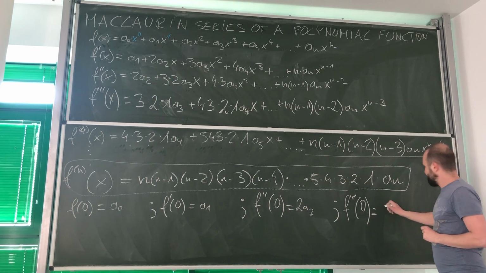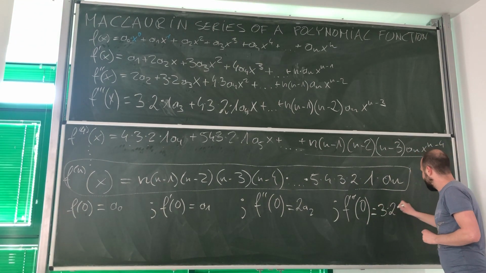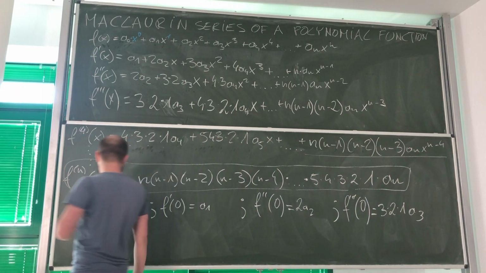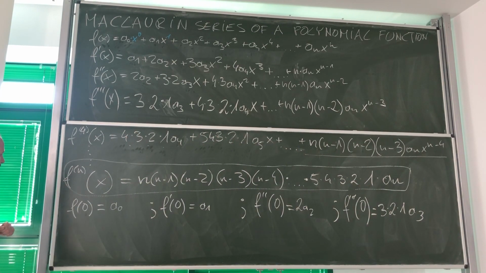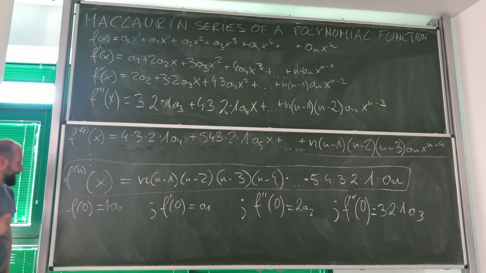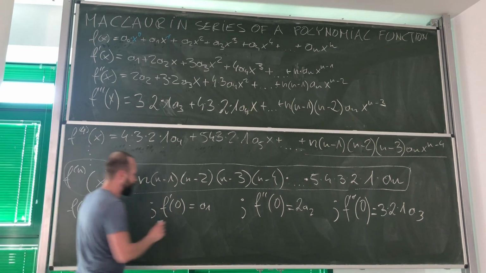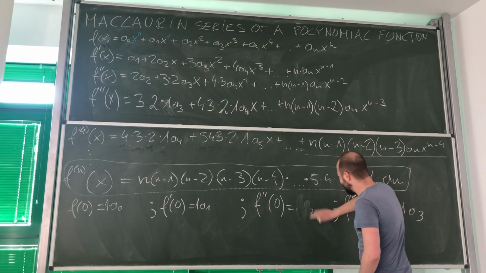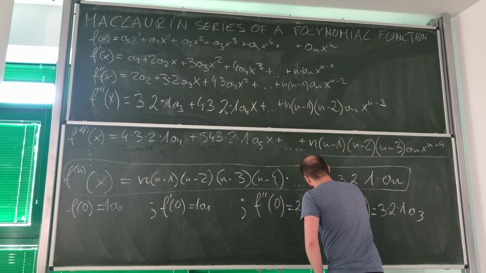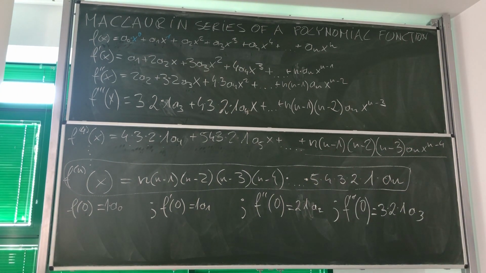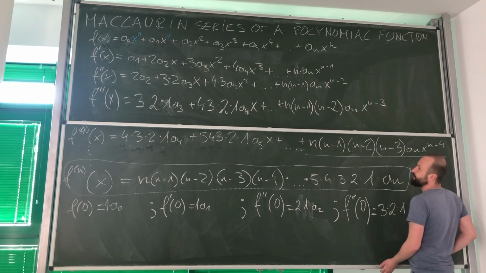Okay, and over here, 1 times a0, this would be true, of course. Here I can also write 1 times a1, and over here, I'm going to replace this with 2 times 1 times a2. I hope you know where I'm going with this, but before I explain everything, let me just